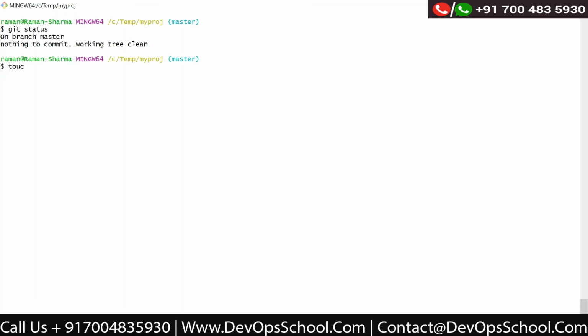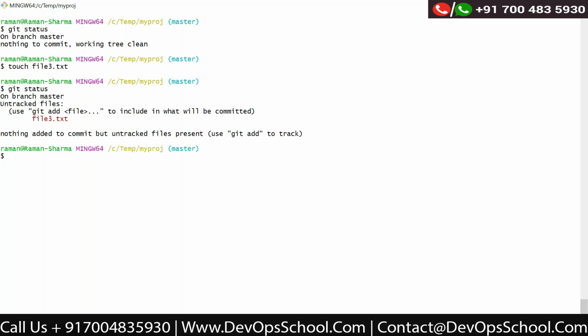But if I create one file here, say file 3.txt, and now if I say git status, you can see the status is saying file 3.txt is untracked, right?